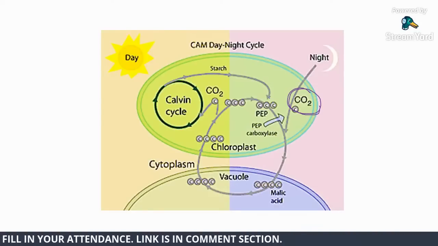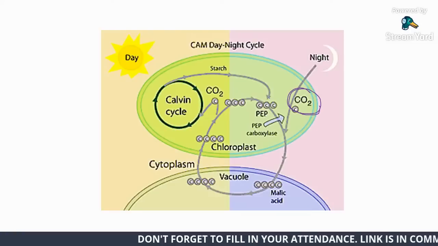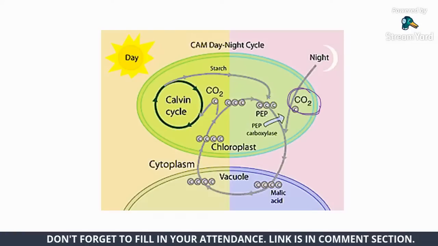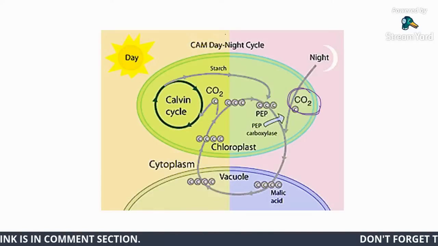Okay, so apa yang this CAM plant boleh buat adalah fixing the CO2 during the night. Kenapa dia nak fix waktu malam? Because waktu malam je stomata dia open. Waktu siang dia tutup stomata. Kenapa dia tutup stomata waktu siang? Sebab ada photorespiration. So dia tutup lah stomata. So during the night it fixes CO2